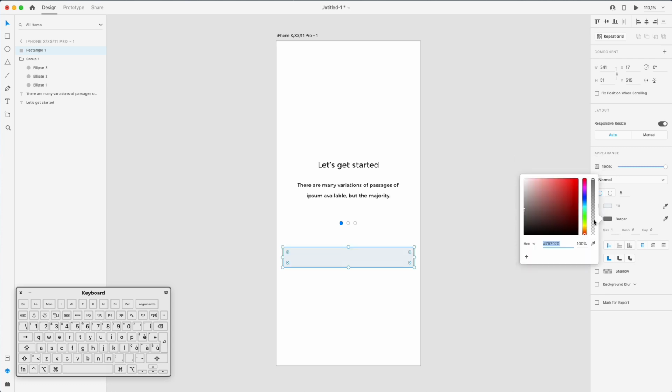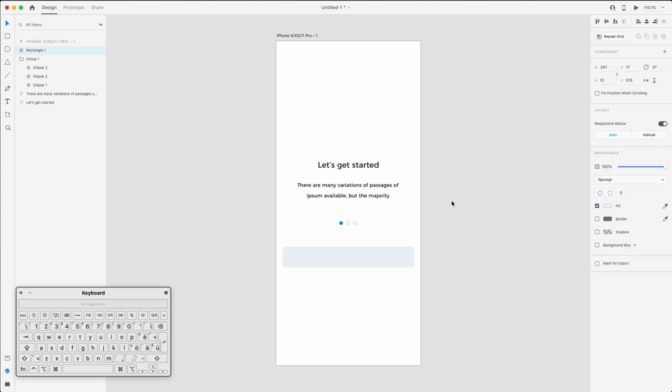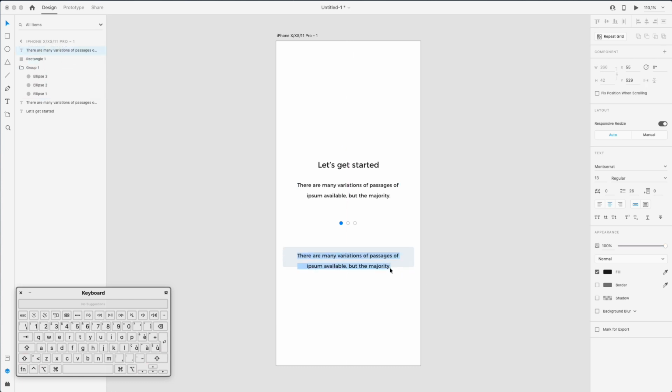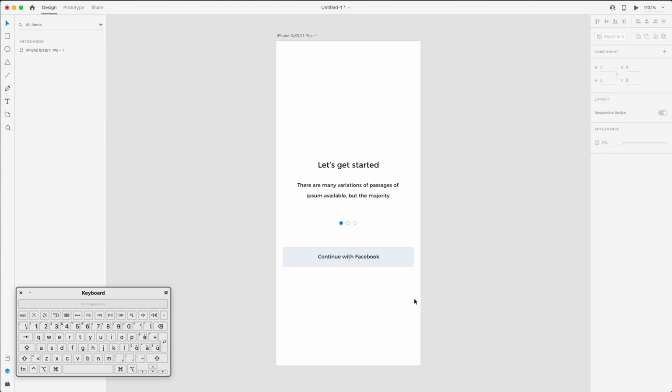So it won't be a full gray, it will be something which kind of stands in the middle. So all right, now let's duplicate this again. Let's bring this up. We're going to write continue with Facebook, because everybody is using Facebook nowadays,